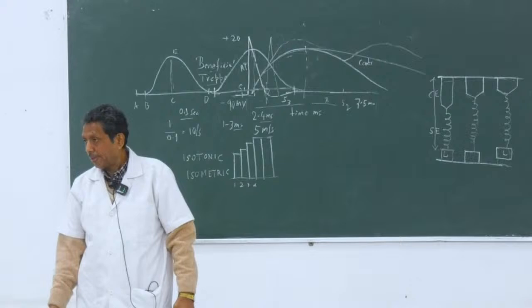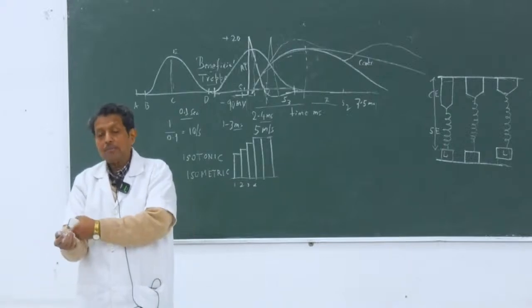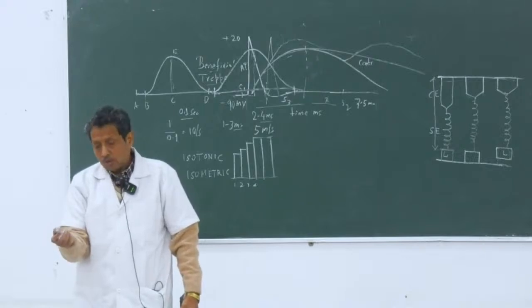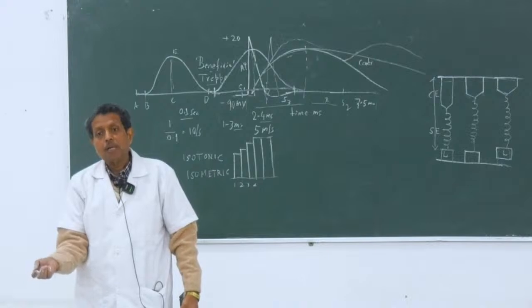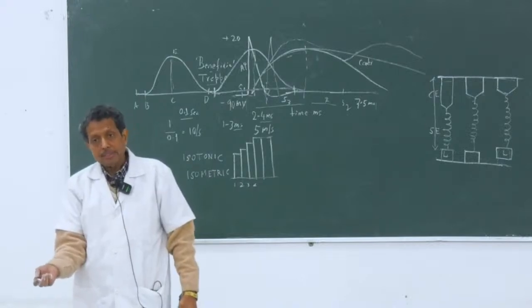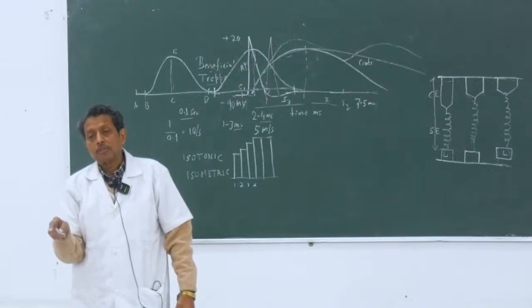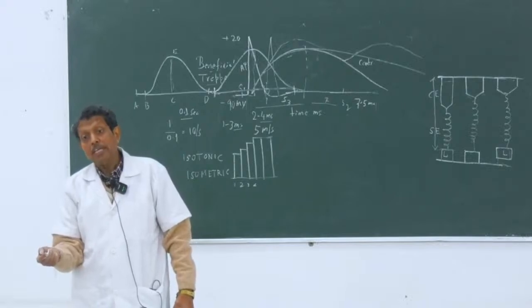Understood? For example, in this position, if I can hold up to 5 kg, and when it becomes 6 kg, then my arm goes downward, then work is done, but in the negative sense. The muscle is contracting, but the point of application of force is opposite to the displacement. So negative work is done.